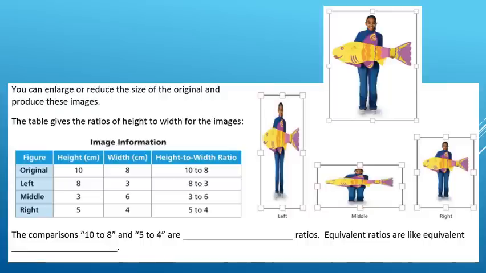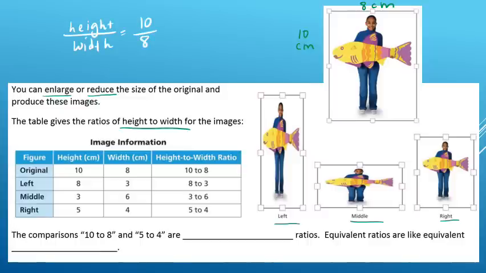So here I have my original again. Remember it was 10 centimeters high and 8 centimeters wide. What I'm going to do is compare this to some enlargements and reductions. So you have some here, left, middle, and right. And I've made a table here that shows the ratios of height to width for the images. A moment ago, we were saying height to width for the original shape was 10 to 8. So again, here in the table, you can see the 10 and the 8, and then the actual ratio,